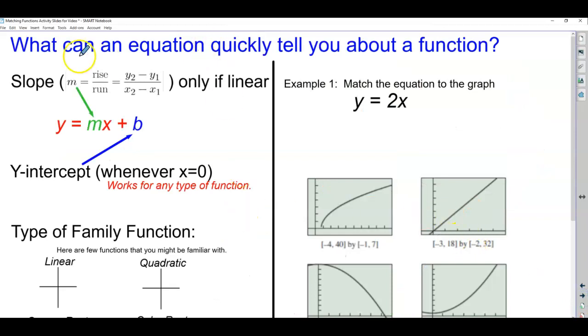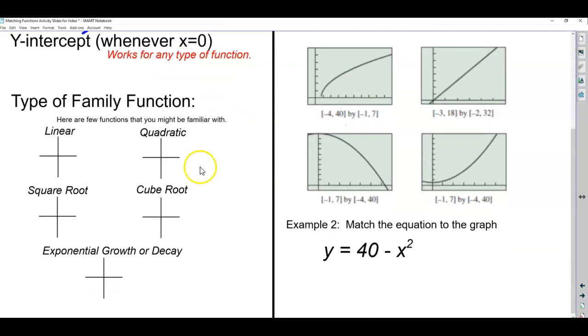All right, what if we have an equation? What can that tell us about a function? Well, biggest thing, remember y equals mx plus b. You can easily identify the slope and the y-intercept. Quick little hint, the y-intercept for any function is when you plug x equals 0 into the equation. All right, what about the